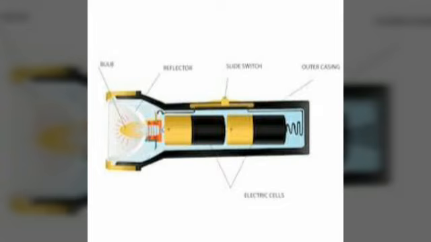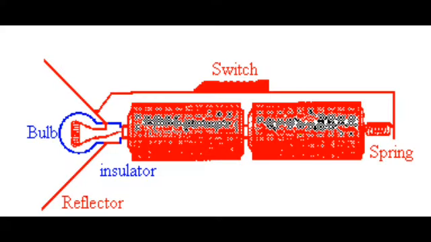When the switch is pushed to the on position, the circuit is complete and the bulb lights. Suppose you don't put it this way, the circuit is not completed. If you make a mistake, we would say it is not proper, it is a wrong circuit, and the light will not glow. This is what is inside the battery torch.